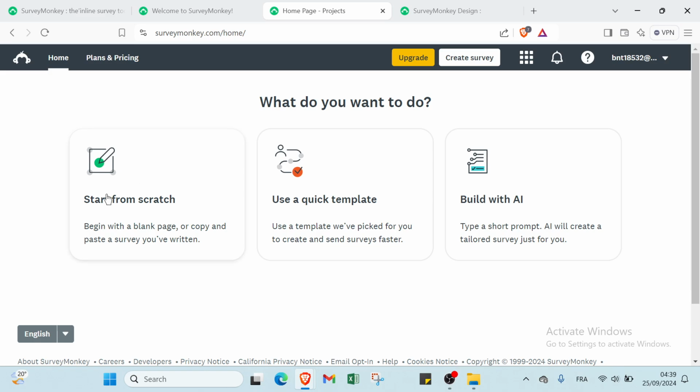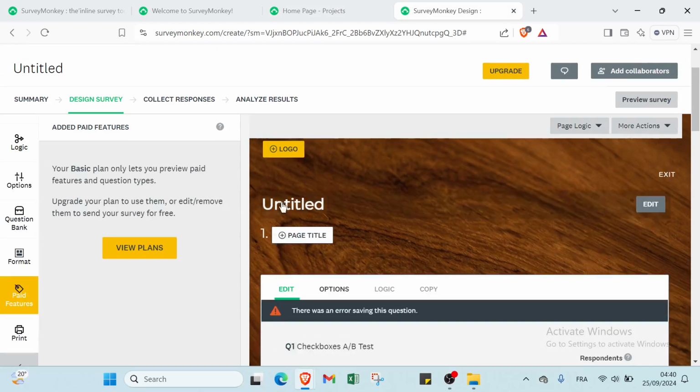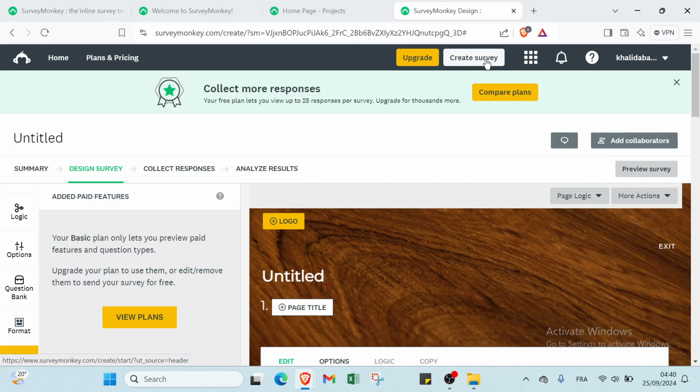What do you want to do? First, start from scratch. Begin with a blank page or copy and paste a survey you have written. Then we have here use a quick template. Use a template we have picked for you to create and send surveys faster. Then we have the last one, build with AI. Type a short prompt. AI will create a tailored survey just for you. Once you choose the one you want, you will find this page. So you have just to click on create survey and you add a survey and you start modification